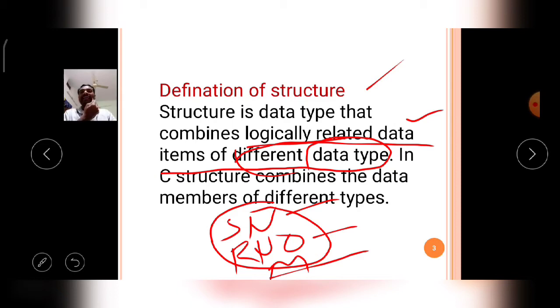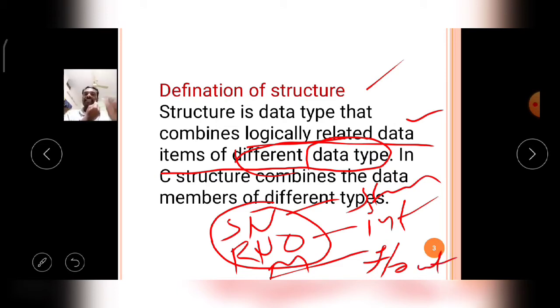That means a student roll number is declared in the int data type, student name is declared in the string data type, and student marks percentage is declared in the float data type. Even though the student name, student roll number and percentage are logically related, each item has a different data type.